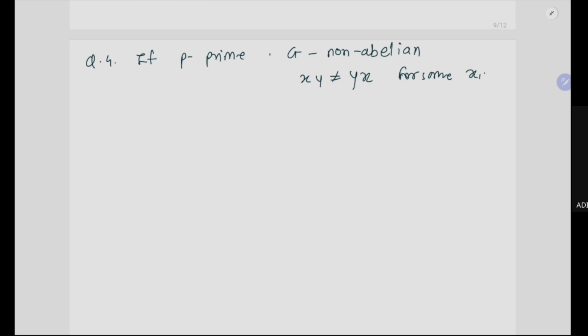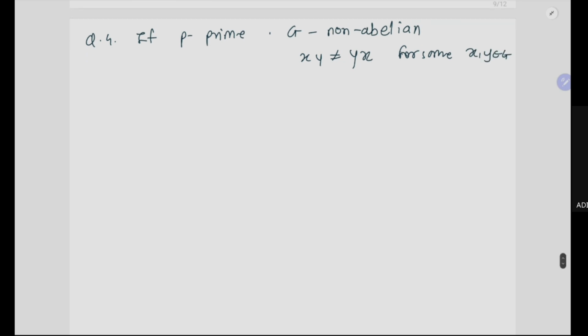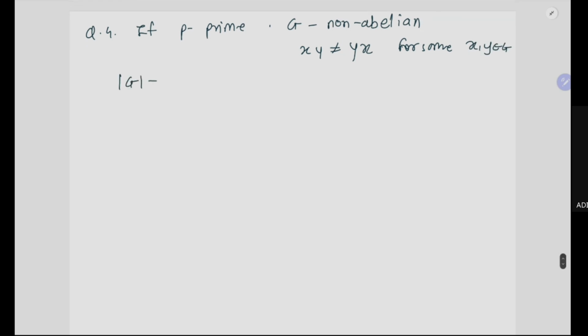So let us move to the next question. If p is prime and G is non-abelian. Non-abelian everybody knows, right? Non-abelian means not commutative: xy need not be equal to yx for some x and y in G. And we have the order of G is p cube. Then can we talk about the cardinality